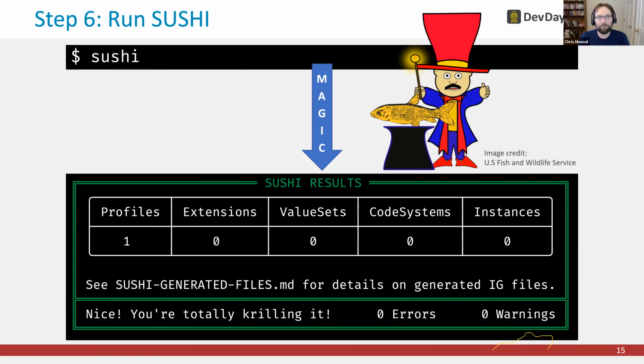It's actually an acronym for Sushi Unshortens Shorthand Inputs. And the way that we structured the exercise, you only need to run Sushi without any arguments. It uses all the default parameters, and then magic happens. And if everything went well, if the gods are in your favor, then you will get a green box that says great, and it tells you exactly what it built, and it includes even a nice little fun fish pun